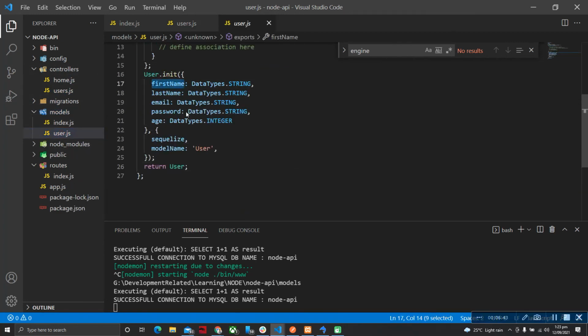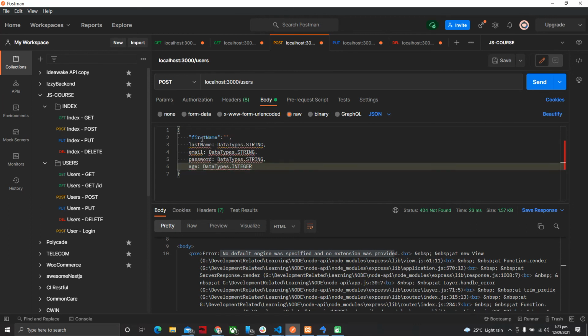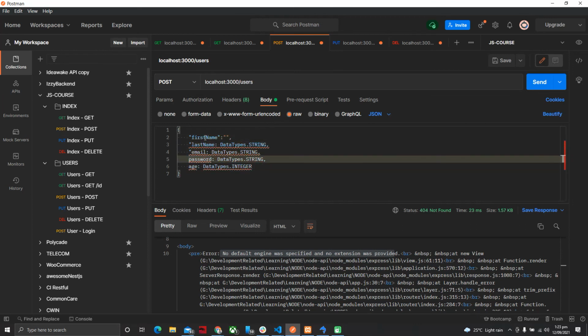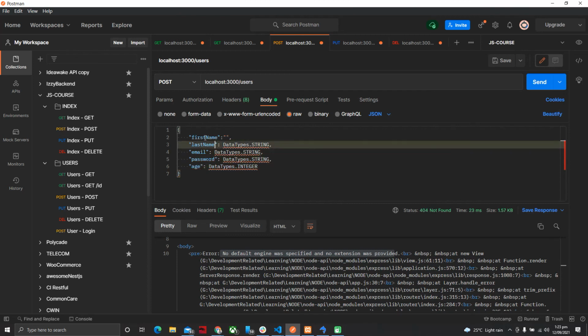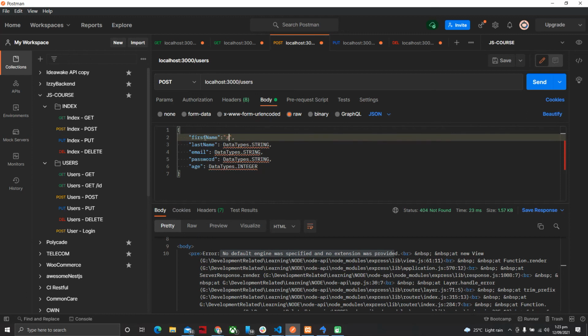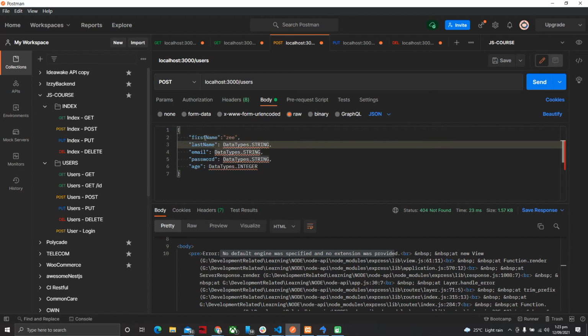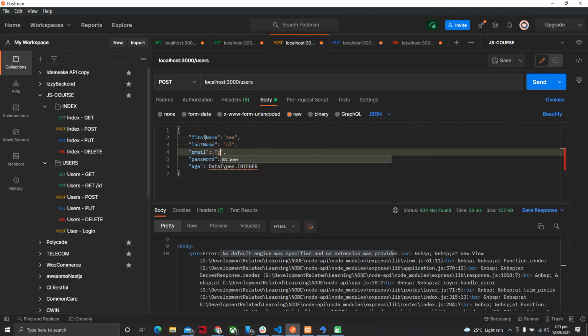So first name, I will just add these keys at the start and end of each one so it doesn't create any mess, because this is JSON and JSON should be in the form of a string. So first name is Z, the last name should be AL, and email should be zeeshan